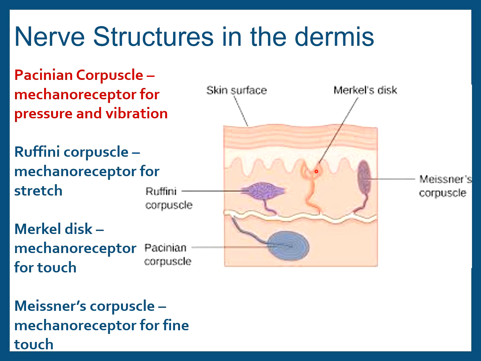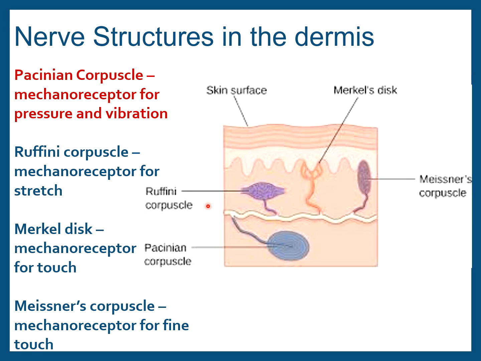Whereas the Merkel discs are within the stratum basale layer of the epidermis and are also mechanoreceptors for touch. Then if we go deeper into the dermis, we're going to find Ruffini corpuscles, which are also mechanoreceptors, but these detect stretch. So if there's any kind of pulling on the skin,